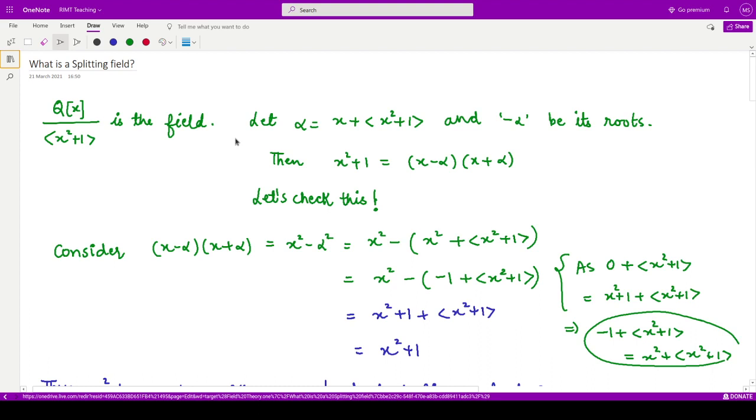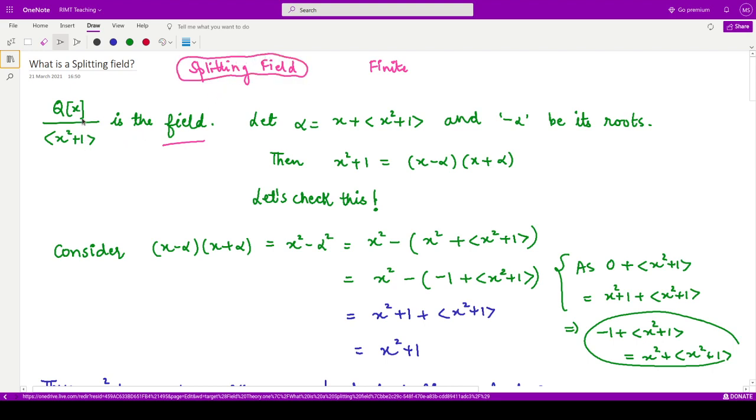Today we shall be studying about splitting fields. So let us see what are these splitting fields. So in the earlier classes what we have studied is what a field is, how can we adjoin an element to this field, and moreover we have also studied about finite fields, algebraic fields and algebraically closed fields. So now let us see what is the need for this splitting field.